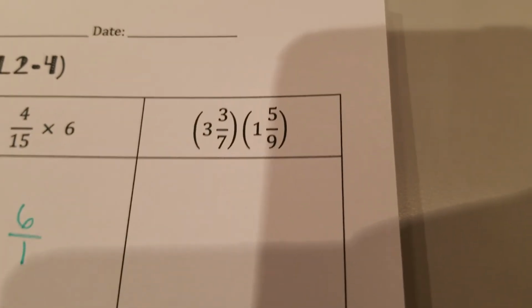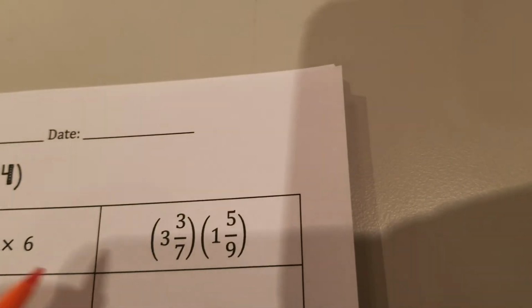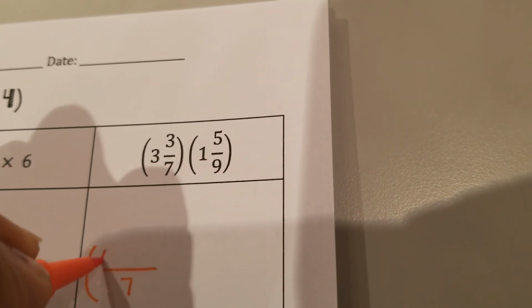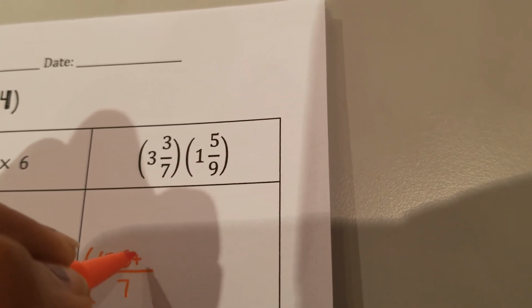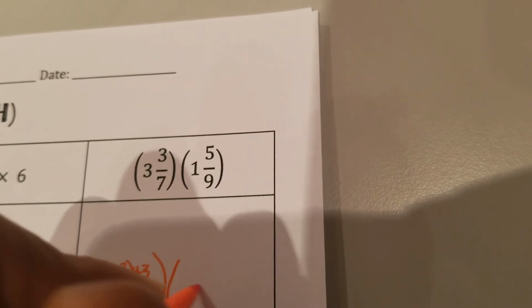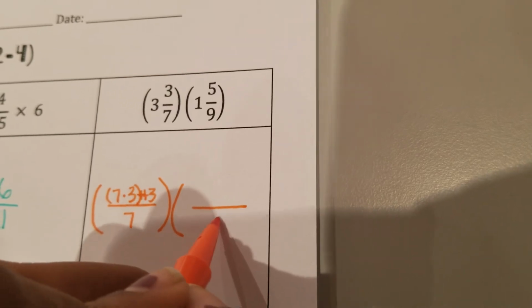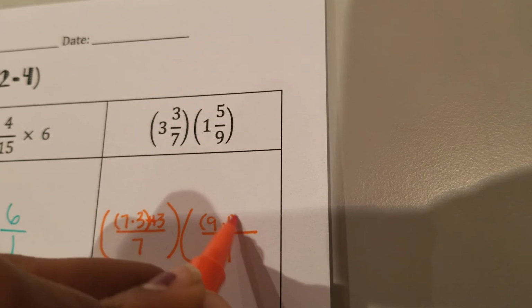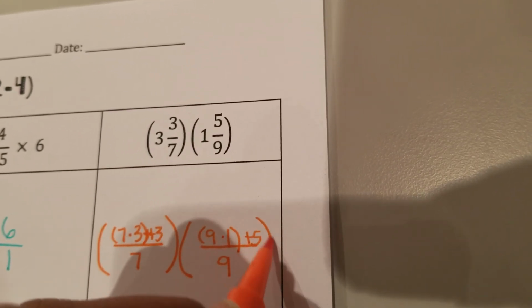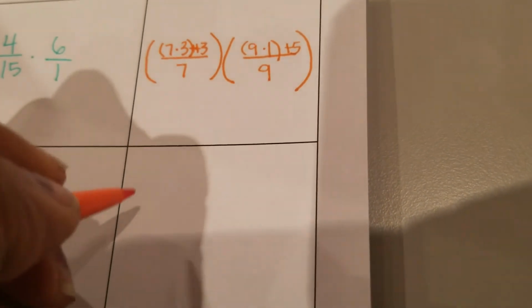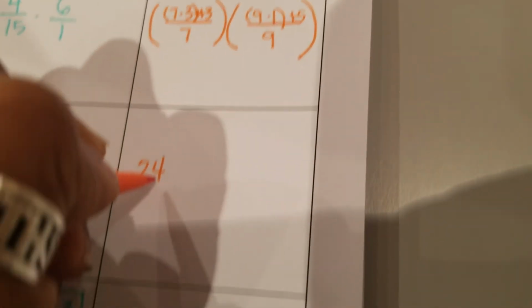And our last problem is full of mixed numbers. So we do have to change them both to improper fractions. So our first one over 7 is going to be 7 times 3 plus 3. And we keep our 9 at the bottom. Then we have 9 times 1 plus 5. So now we can do the math and show it here. 7 times 3 is 21 plus 3 is 24 over 7